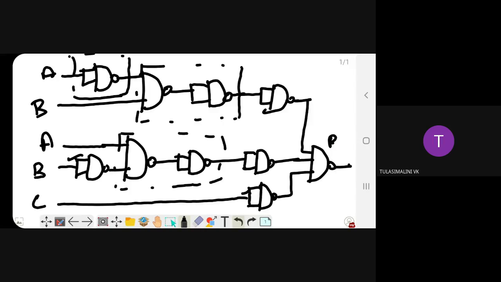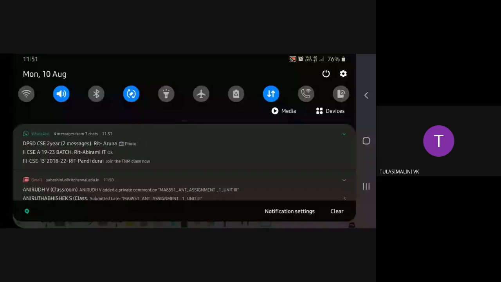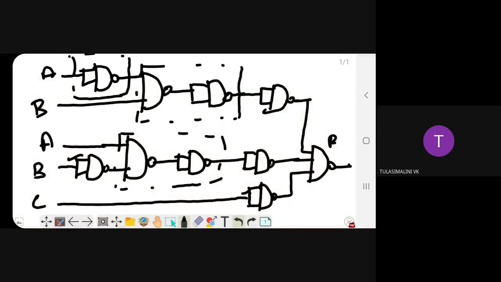So we can cancel the immediate NOT gate function and we can redraw it like this.